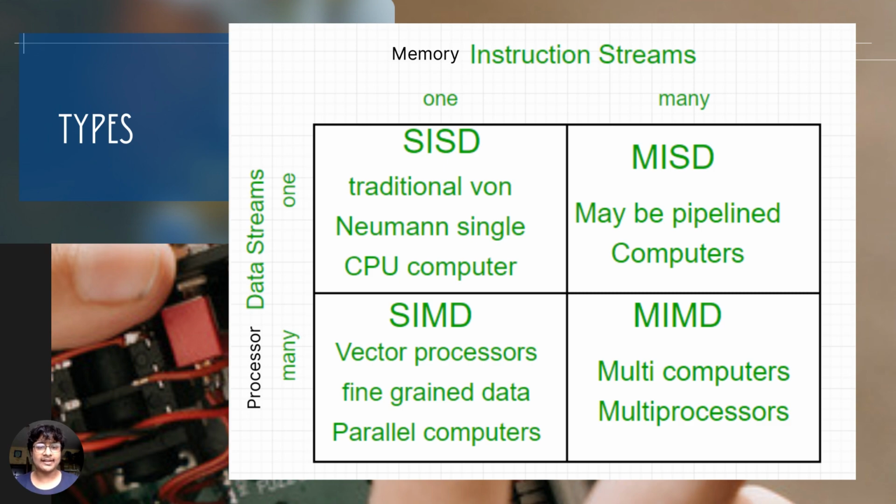So basically, it's telling about how the system is with memory and the processor. If we talk about MIMD, that has multiple processors and multiple memory. So that's one of the best devices. Before that comes MISD, then SIMD, and then SISD. So the better the instruction streams and data streams are, the better the devices, right?